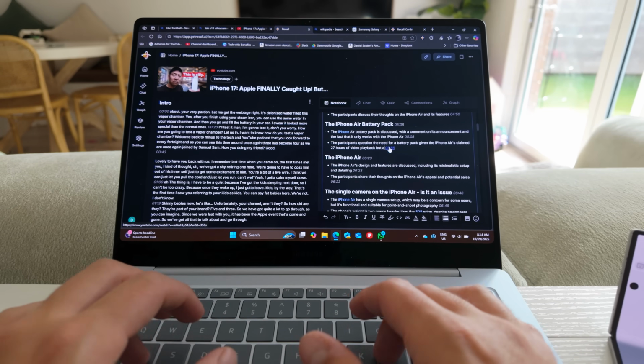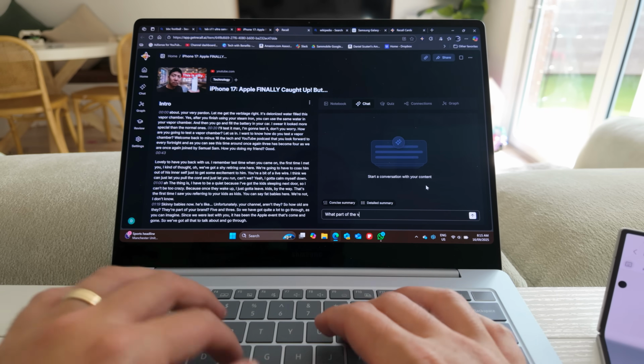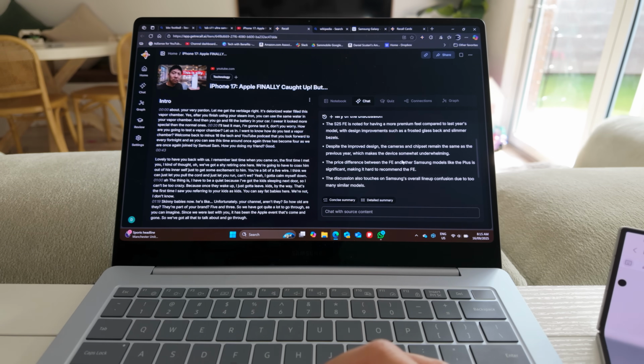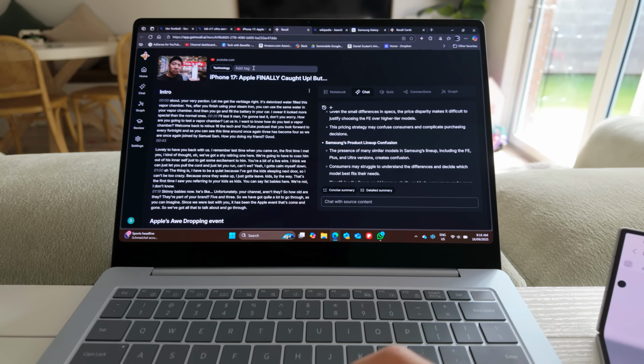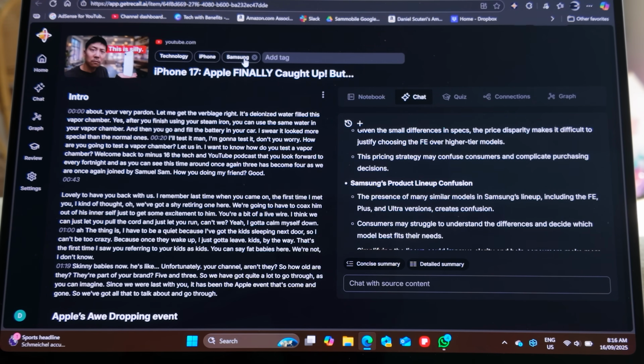What is even better is the notes section is live. You can edit yourself as you are watching, as well as live chat with the knowledge base in the browser. It gives real meaning to the term living, breathing document that you hear all the time in the corporate world. You will see as well that it automatically assigns a category to that video. But of course, like anything in this world, you can customize it and add it yourself. So you can then organize it in the way that you want to, as opposed to potentially being told the way. It's a free choice.